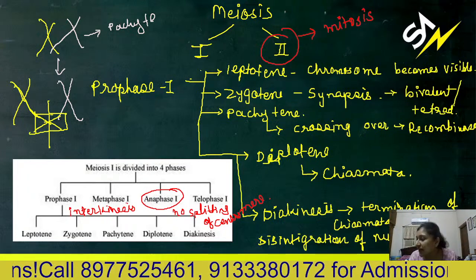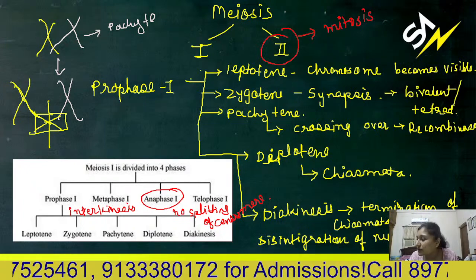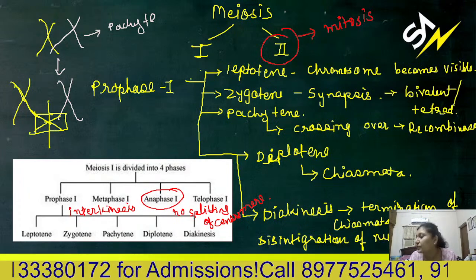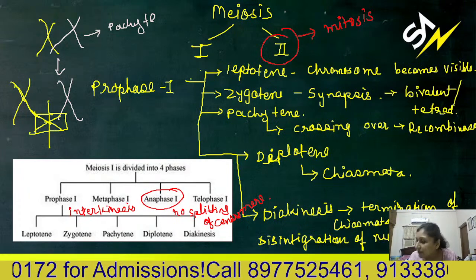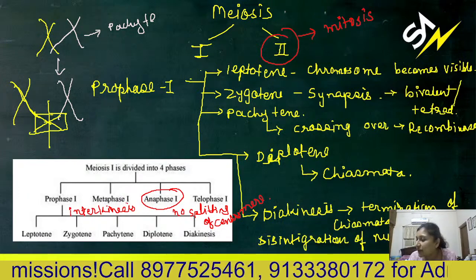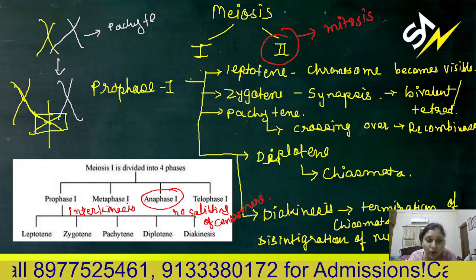Okay, it is starting immediately. Sometimes you can say prophase, the nuclear membrane disappears by the end of prophase 2. Then metaphase, they again align at the equatorial plane. Anaphase, then they move apart from each other. Now splitting of